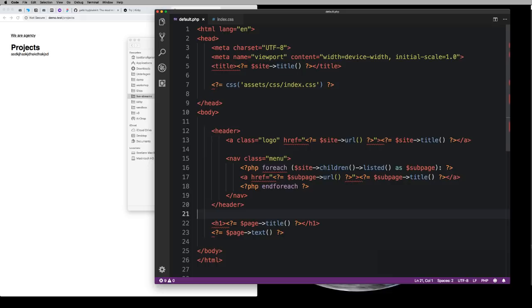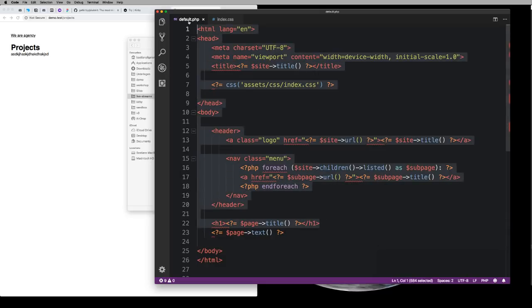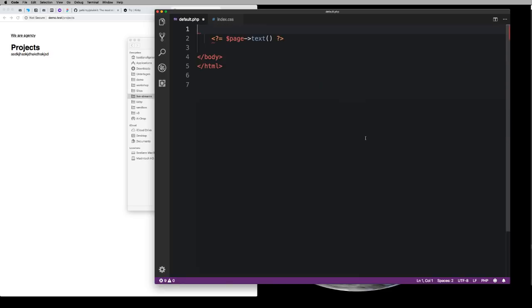And what we can do in Kirby is take whatever is being repeated in multiple templates and put that in a so-called snippet. So looking at my template, all of this code until the headline is going to be repeated in every page or in every template that I create. So I can cut that